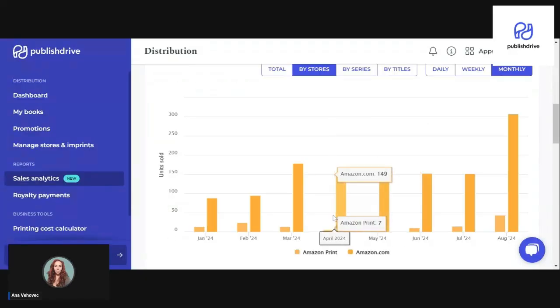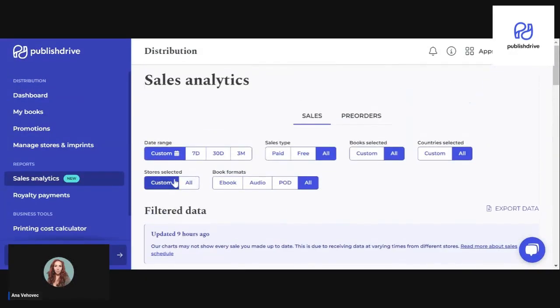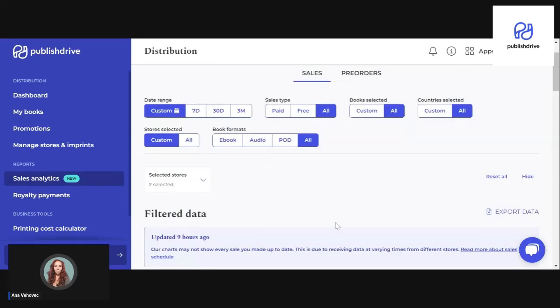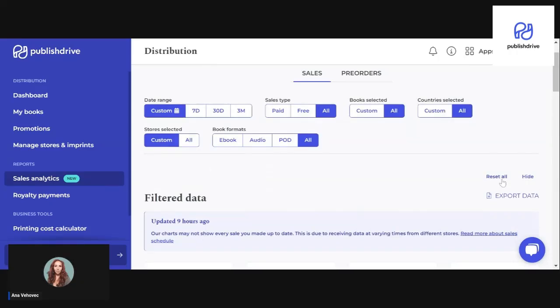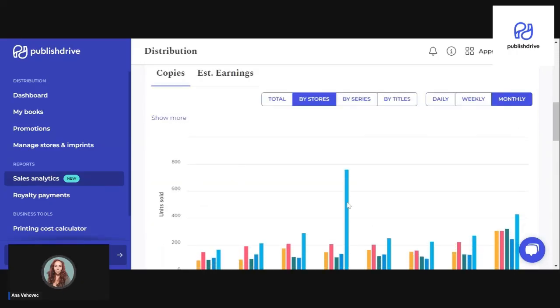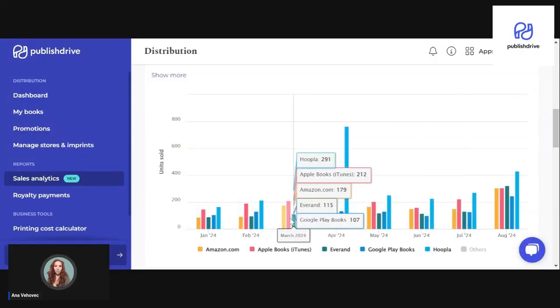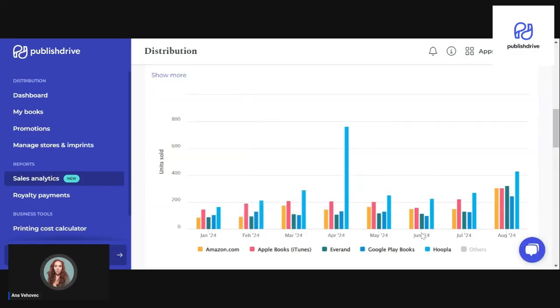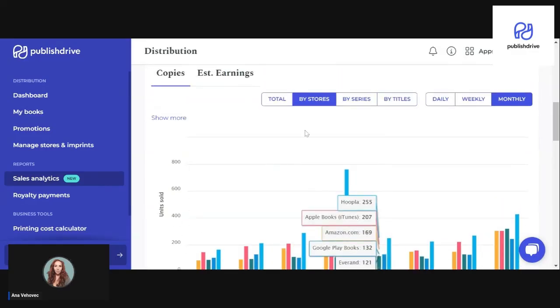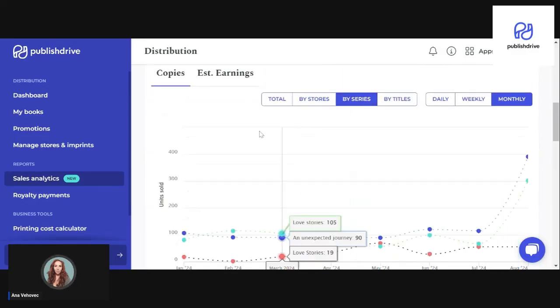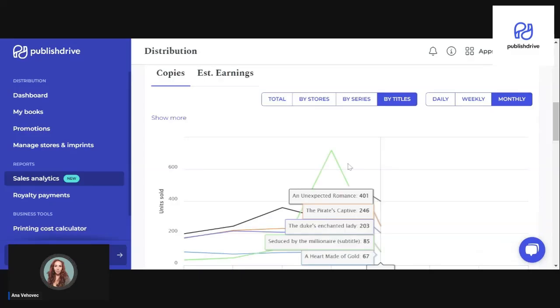You can see it here by store. I have only selected a number of stores. Reset all. Now see how it's going to change. So like I said, you can select specific stores. You can go for all the stores. Again, it's very customizable depending on what you're looking to do. You can also see the number of copies and the number of copies per date,